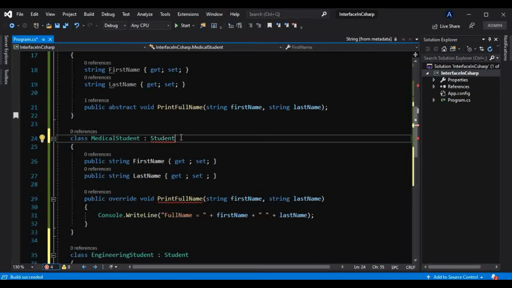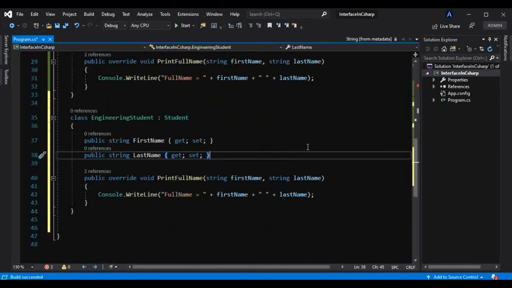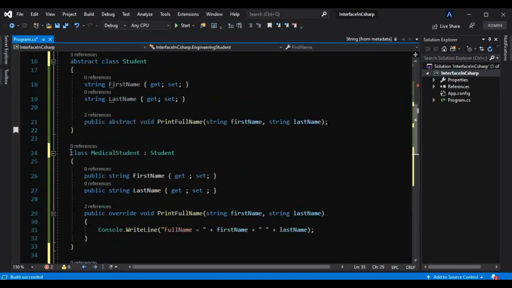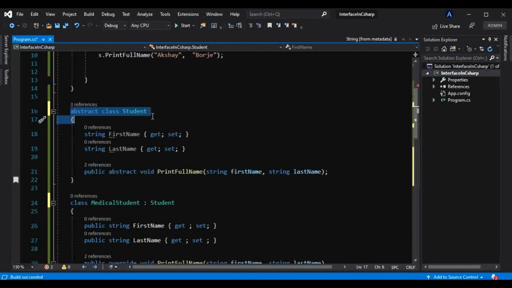Let me make that correct here. Okay, fine. Now we have these two classes, the engineering student class and the medical student class, and both of these are inheriting from this abstract class student.